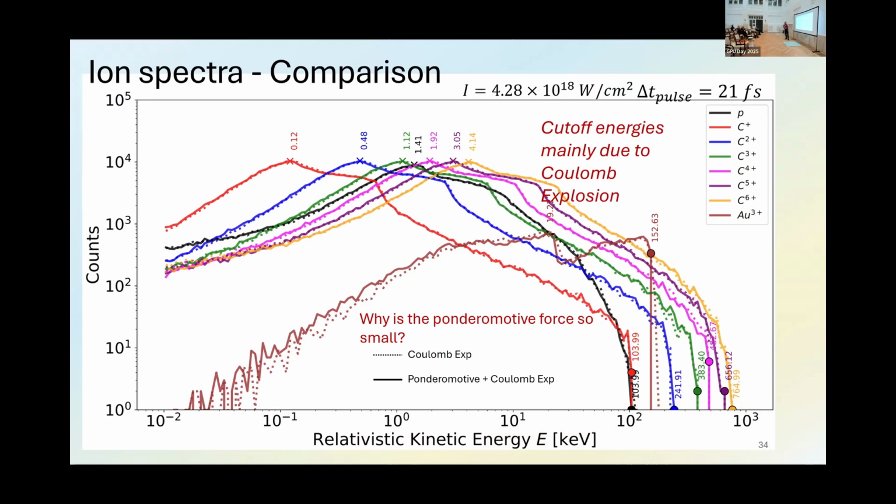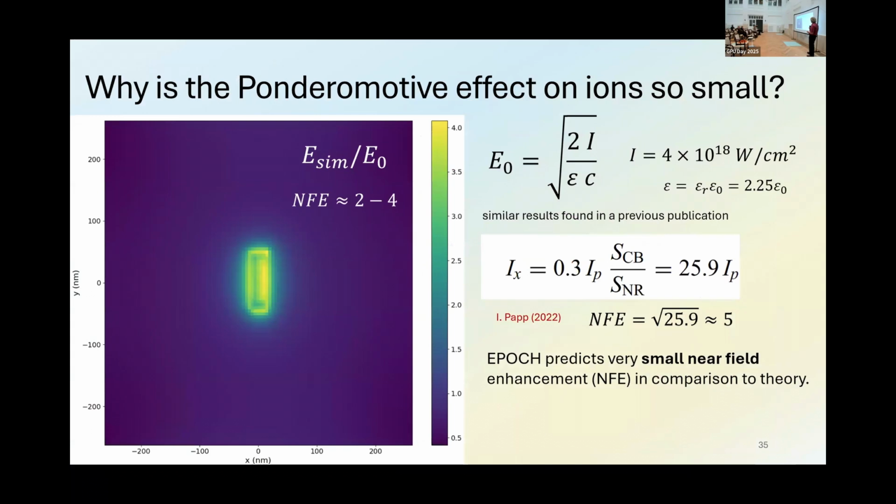So one question I thought of while I was seeing this is, why is the ponderomotive force so small? With the field enhancements predicted by theory, we should be getting a huge ponderomotive force on these protons, leading to a much, much larger dependence on whether the laser was actually present or not. And if you calculate the field enhancement in EPOCH, that's the particle-in-cell simulation software we use, which is completely classical, you get a very, very small field enhancement around 2 to 4,